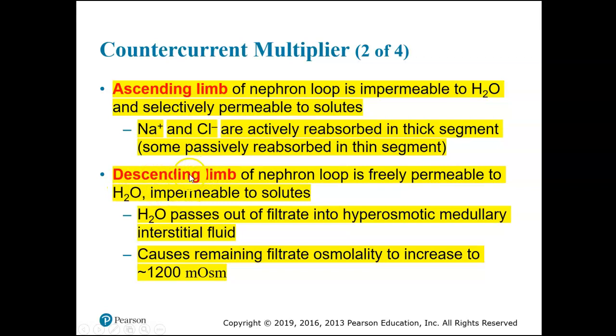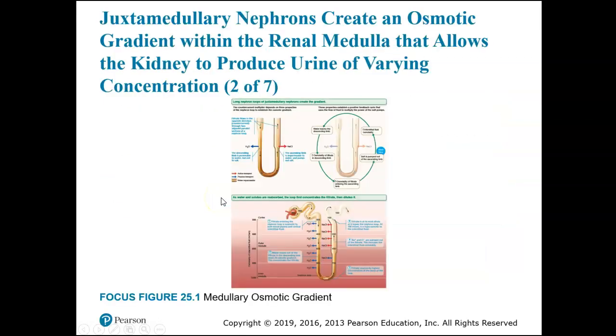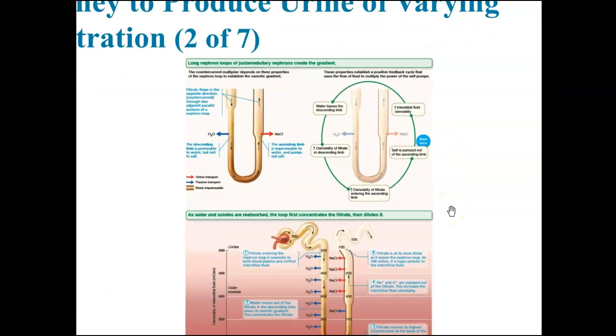So then in the descending limb, which is permeable to water but not permeable to solutes, water leaves the filtrate, and that causes the remaining filtrate concentration to be much higher. So the combination effects of the ascending and descending limb of the nephron loop is to concentrate the urine. I know it's hard to understand, and